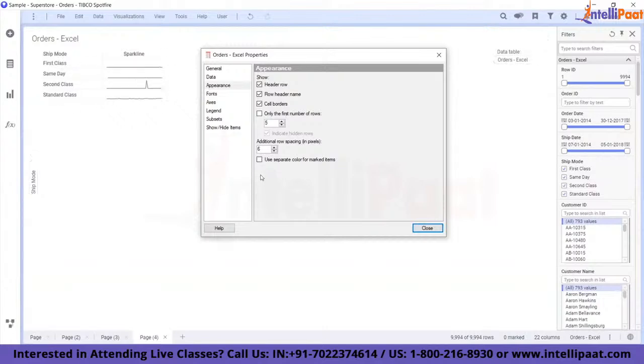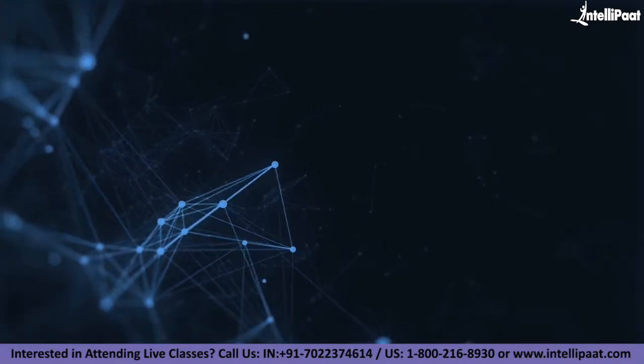Again, when marking, do we need the background to change the color, or do we want it to highlight the marked area and just gray out the rest of them? So if it is checked, that means it will